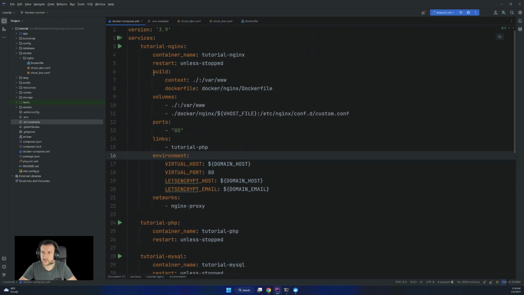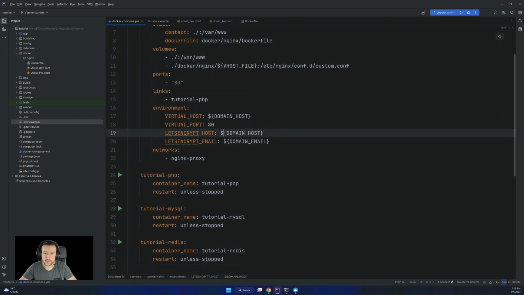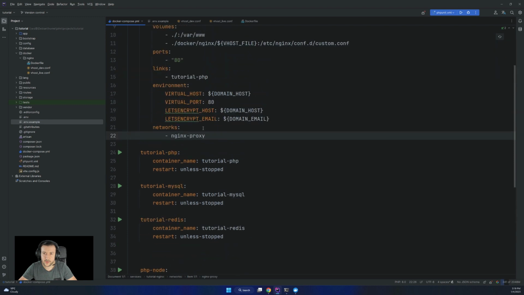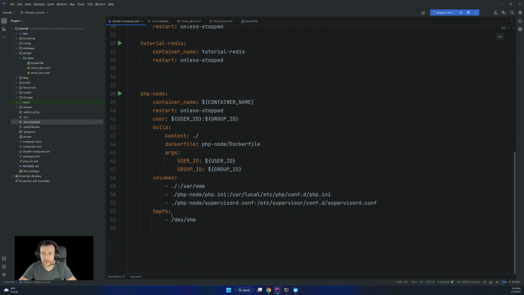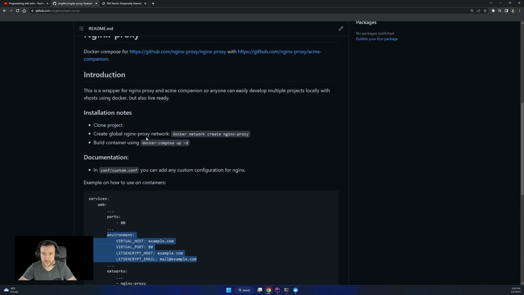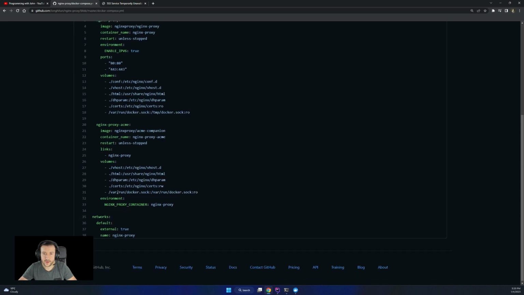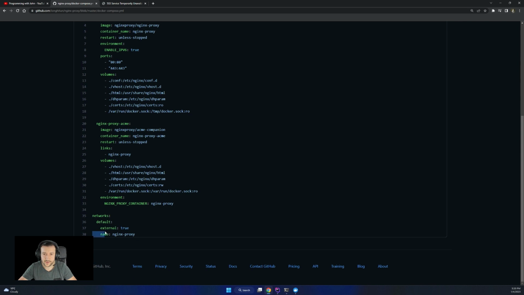I want all these services to be on the same network, and I have already the network created in here. This network needs to be external, because it's from another stack that is also declared external in the Nginx proxy. If we go here on the Docker Compose, we see the Nginx proxy is created external.